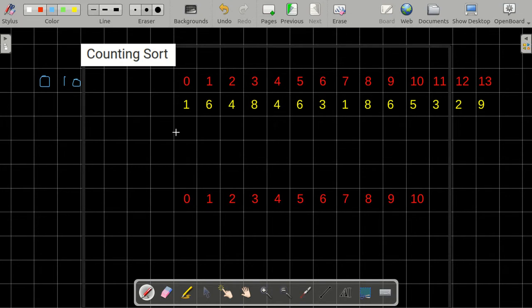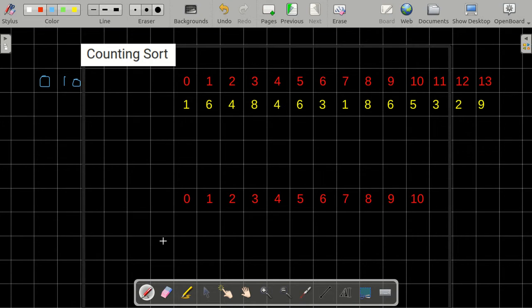So what counting sort does is, for every number in the range, it will see how many times that particular number exists. Now as we know, if all my numbers are from 0 to 10, first all the zeros will come, then all the ones will come, then all the twos will come, and so on. So it will go to every number in the range and see how many times that number occurs in my array, and then it will just place these numbers in the array back.